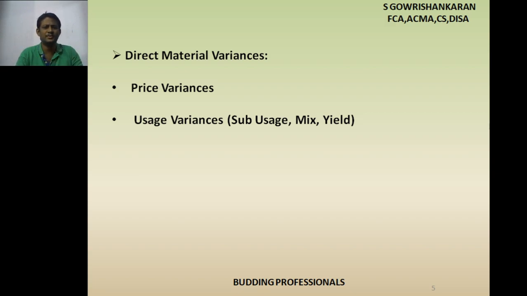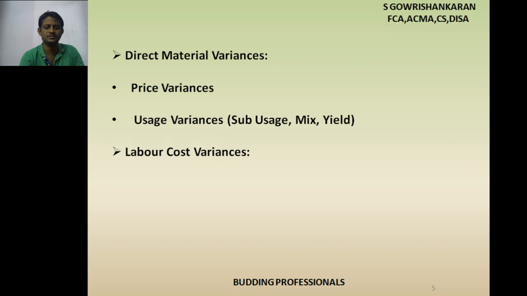Price is related to product, material. Usage is related to quantity. Two players, only two characters: one is quantity, another one is price. Based on only these two factors, we are going to work out the problem. Direct material variance is over, and